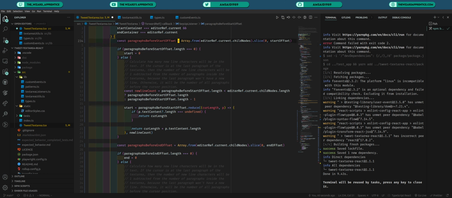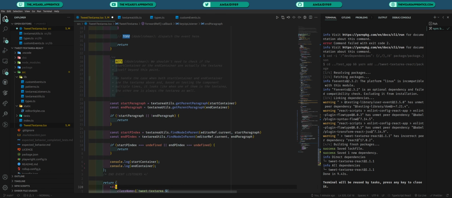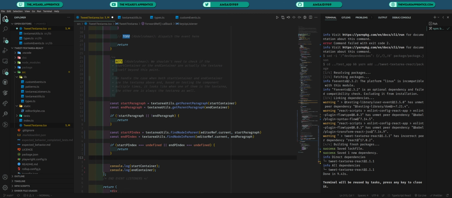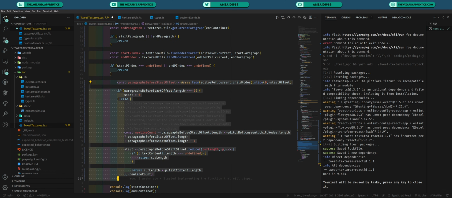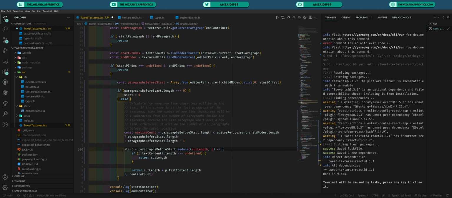So we again will copy that and let's come here, paste this one, and in this case I am going to do this: paragraphs before start offset and make it paragraphs before start, and 16 start p index, and again